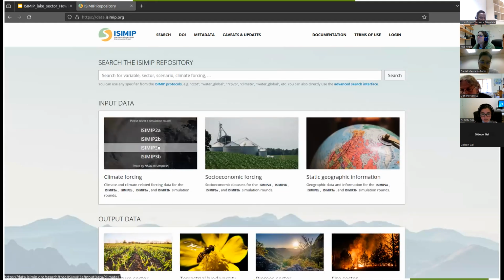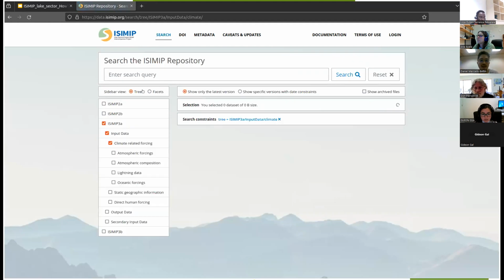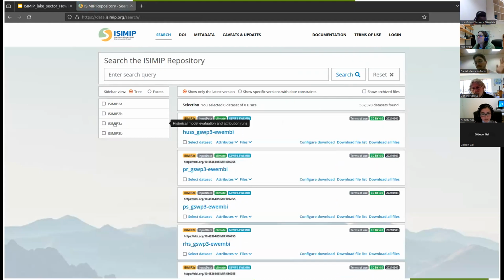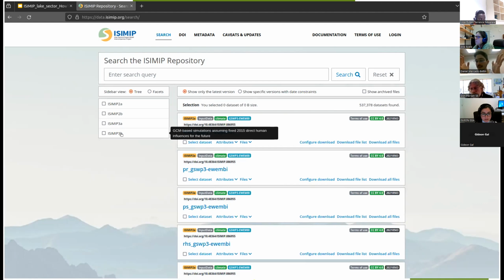So let's click and have a look at how it looks. This is the repository of all the data. Here on the left side, if you follow my cursor, you will see that we have ISIMIP 2A and ISIMIP 2B. This is the previous phase of ISIMIP, using CMIP5 models, the previous phase of climate models. And ISIMIP 3A and 3B use the new CMIP6 climate models. So we